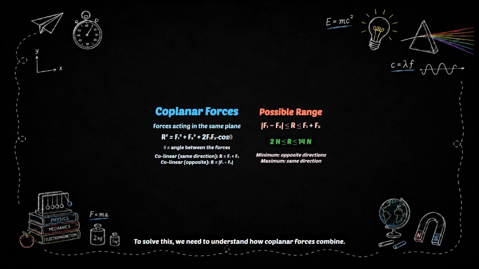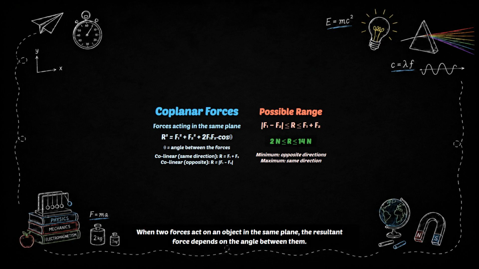To solve this, we need to understand how coplanar forces combine. When two forces act on an object in the same plane, the resultant force depends on the angle between them. The magnitude of the resultant force is given by the parallelogram law, but the key idea is the range of